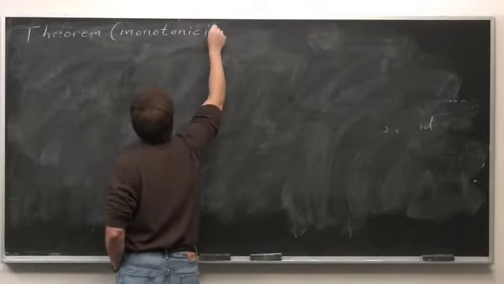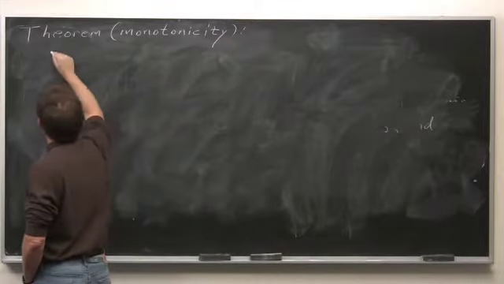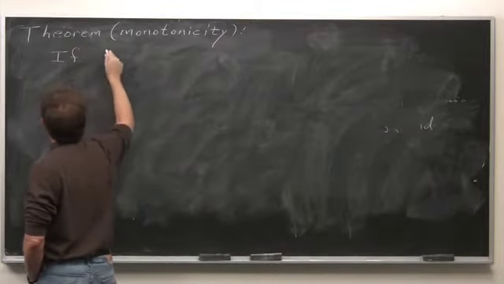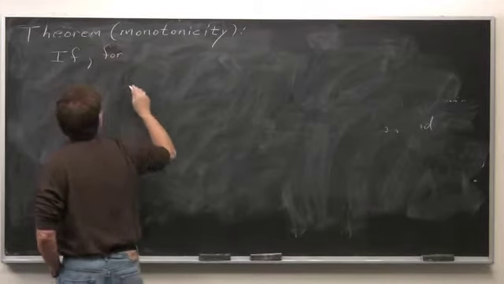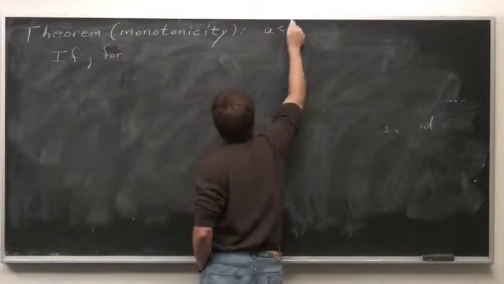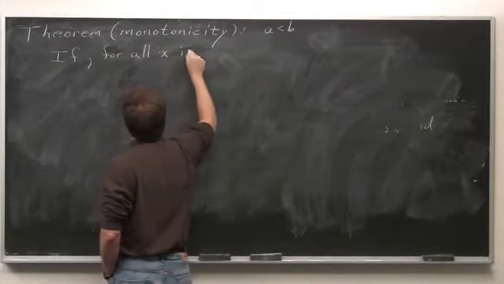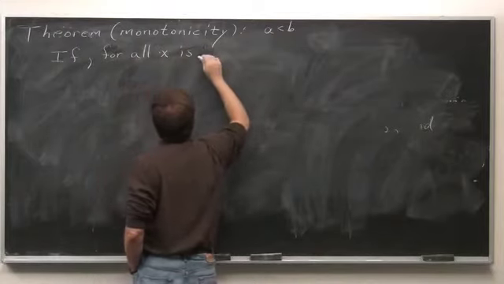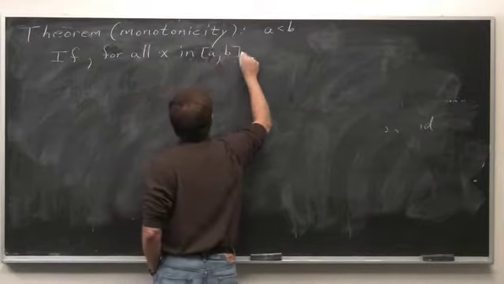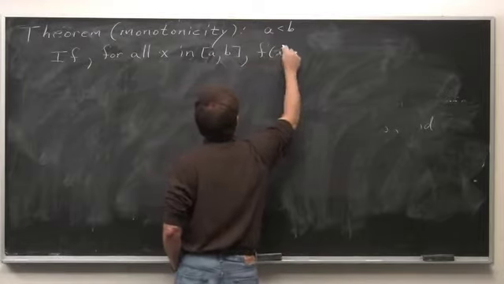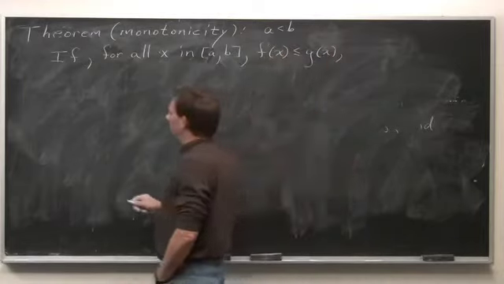And it says, once again I'm assuming a is less than b, if for all x in AB, f of x is less than or equal to g of x,